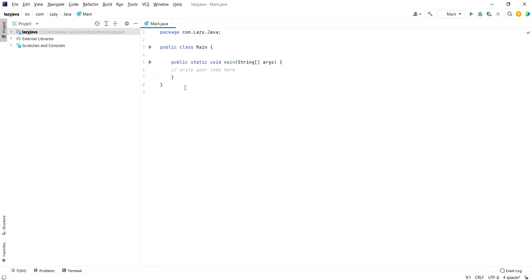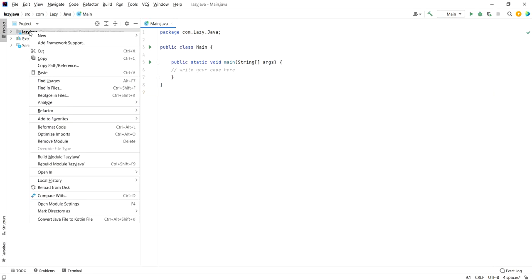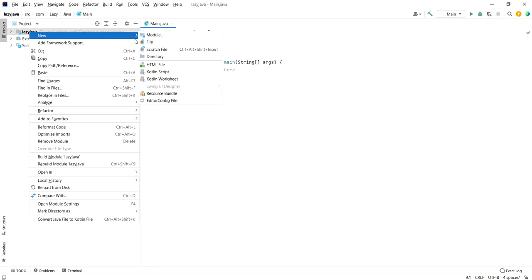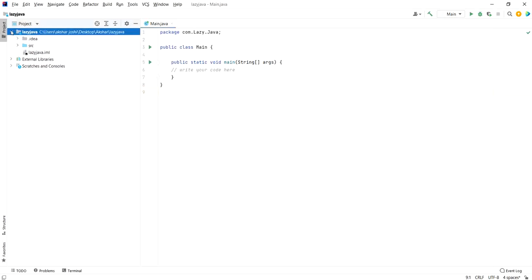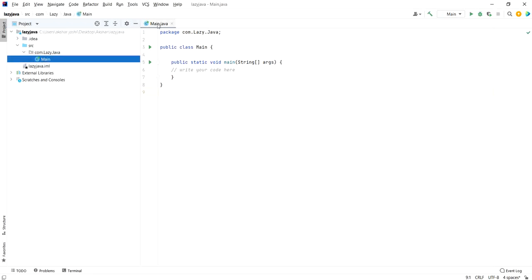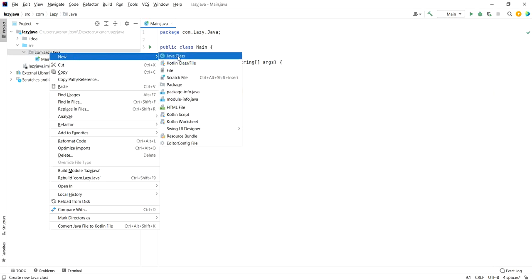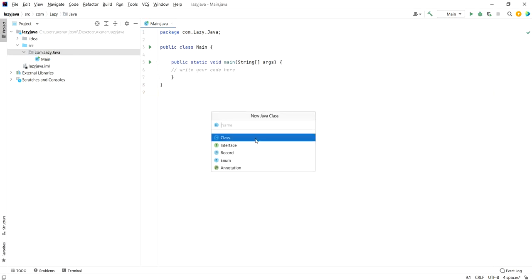Say if you want to construct a building, we need to create a new file, something like Main.java. Go to create a new Java class. I'll tell you what a class is, don't worry.